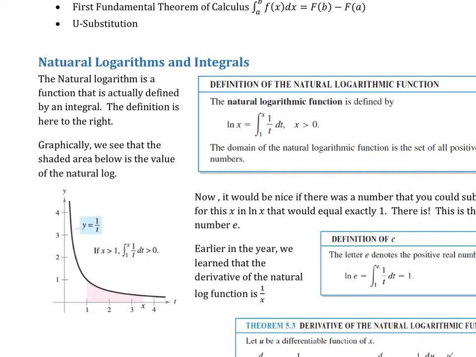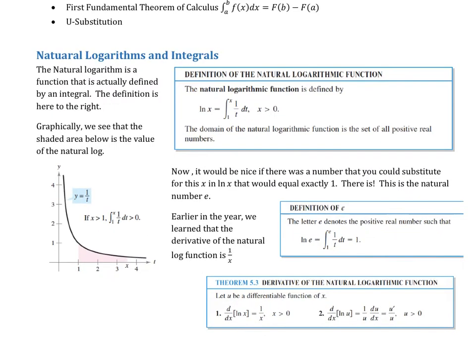And this is actually the question that came first historically, was finding this logarithm, or this integral, since that's really what the natural log is defined as, all right? And it turns out that there is a special number. It's about 2.71828. And when you take the log, or when we stop this integral at about